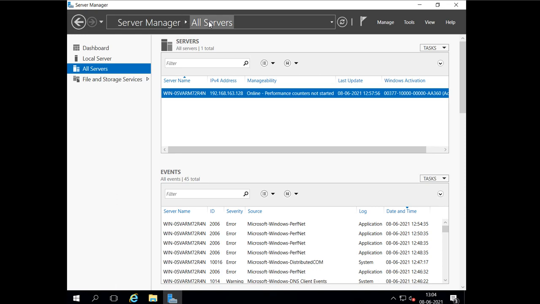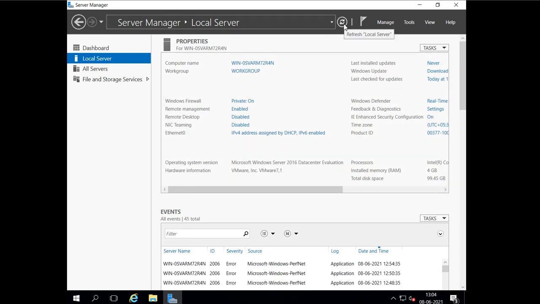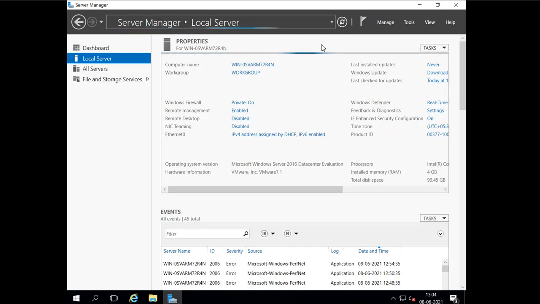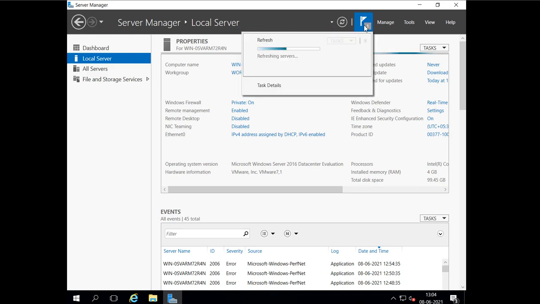If you made some changes and they are not showing here, we can refresh Server Manager to see the changes we made. It will update, and here you will see the notifications. Right now it is saying that it is refreshing. Whatever notification comes, you can see under this flag.